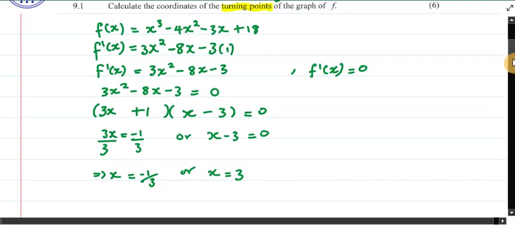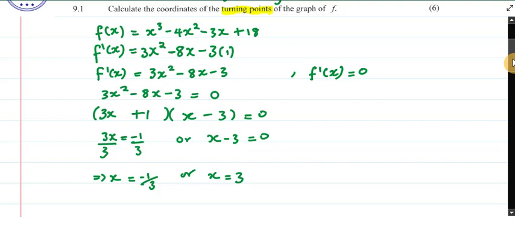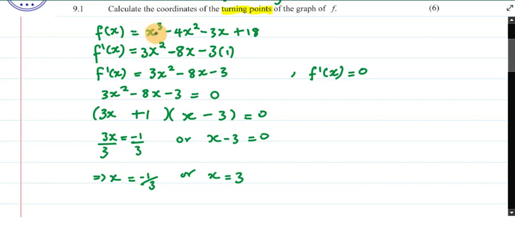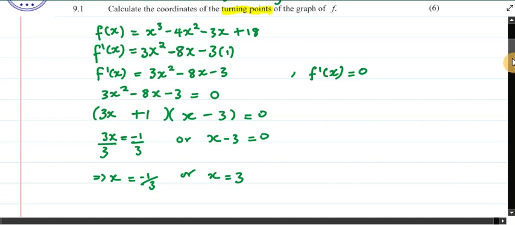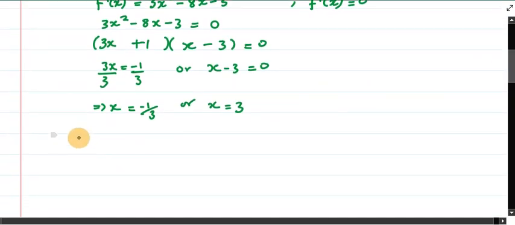So we want to find the y values of this coordinate, because we know the x value. We want to find the y value. How do you find the y value? You take this x value, you plug it back to the original given equation for you to find the y value. Use the input to find the output. So we want to find